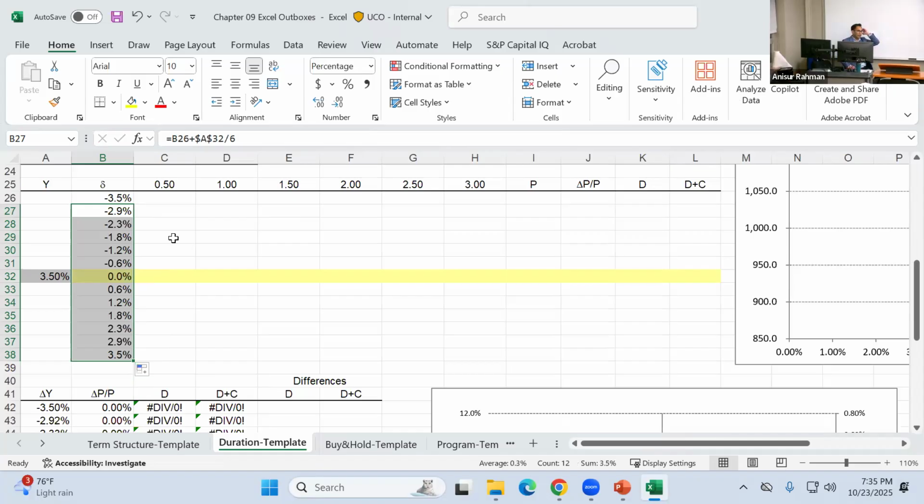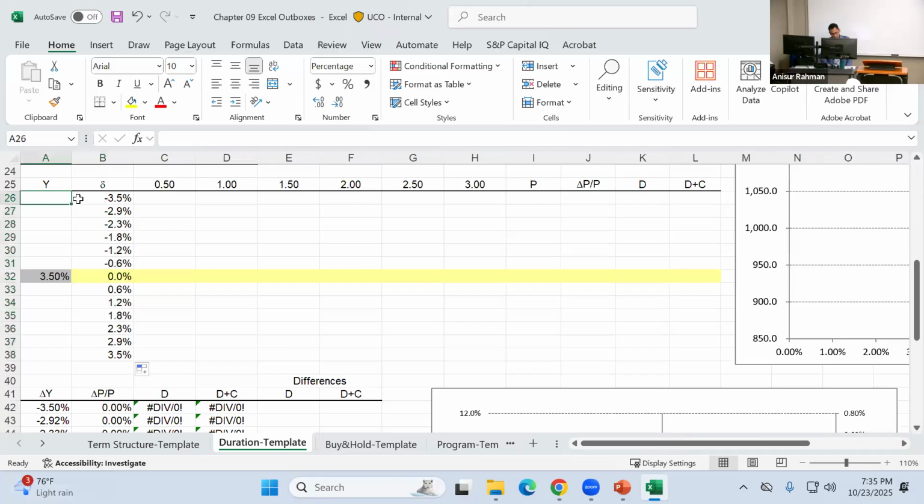Now, actually, we are increasing by equal value. That is what we did. Okay, 38 to 38, yeah. Now here, our yield will be then